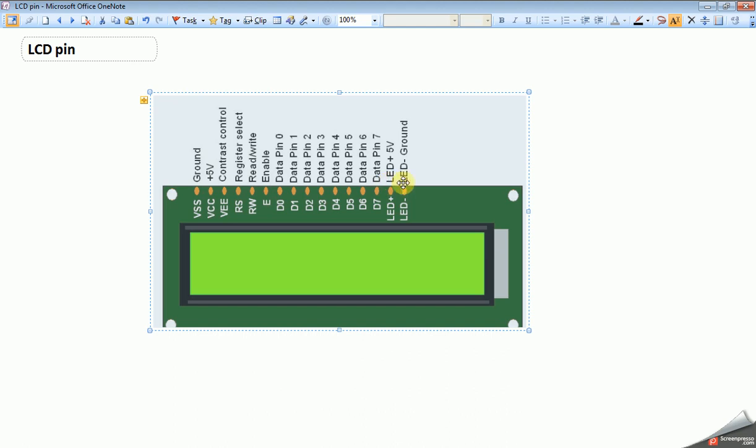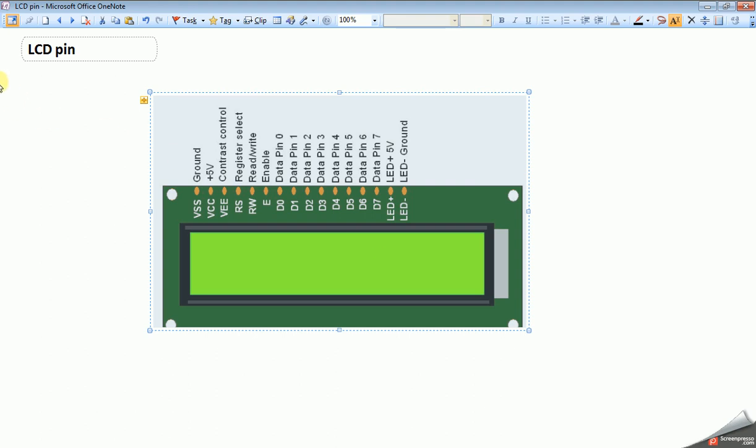These 2 pins are used for the internal backlight LED, that is this one. To give power supply to that we need 2 more pins, 15 and 16, LED positive and LED negative. If it is dark we can't see characters on the display since it is an LCD, so we need an external backlight source to see characters on this display.